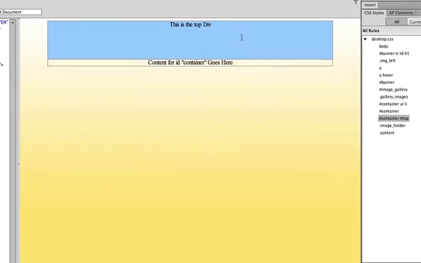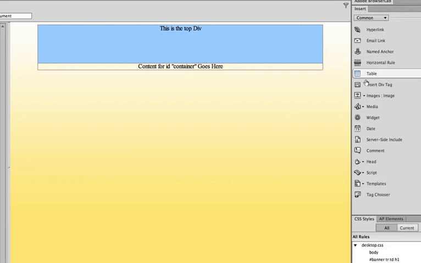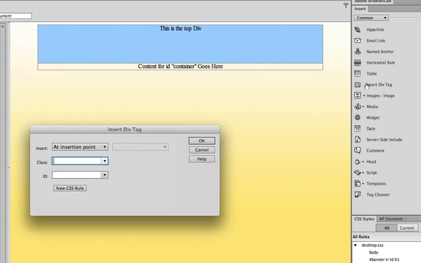Let's go ahead and add another. So I'm going to go, once again, to insert div tag. This time I'm going to say after tag, and I'm going to click on the pop-up menu here after the top div. So I'm going to position it after the top, and I'm going to call this left main div. Click OK,